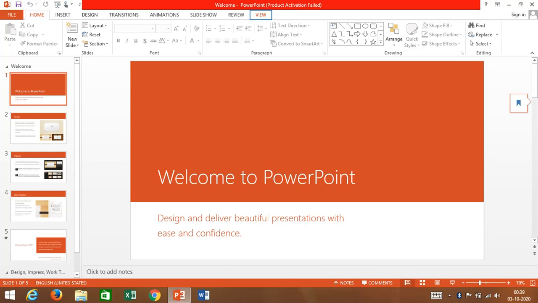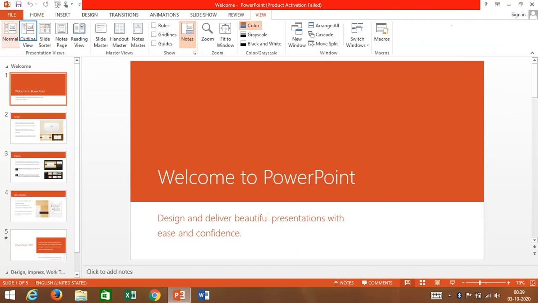In the same way, to the right hand side, there is a menu called View. When I click on View, a ribbon appears on the screen. To the left hand side of that ribbon, the first option is Normal, which is already there on the screen, the normal view.